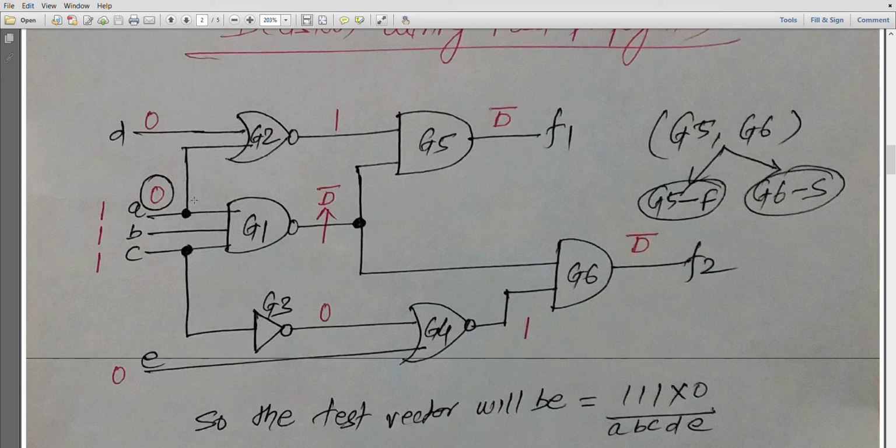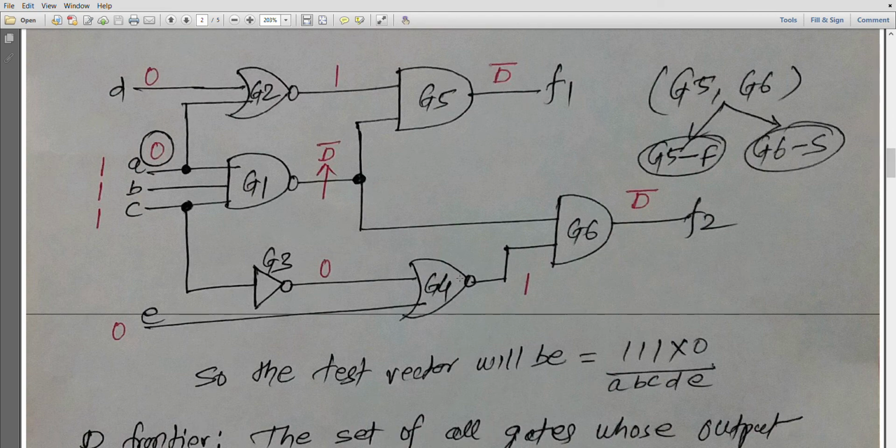Why are we saying this? Because this is the NOR gate, and in order to have output as 1, both inputs of this NOR gate should be connected to 0. Is it correct? So can we have two logic values for one particular input? Can we have A as 1 and A as 0 at the same time? It is not possible. So what does it mean? It means that my propagation of D bar towards F1 through this path goes wrong. My propagation of D bar towards the output through this path goes wrong.